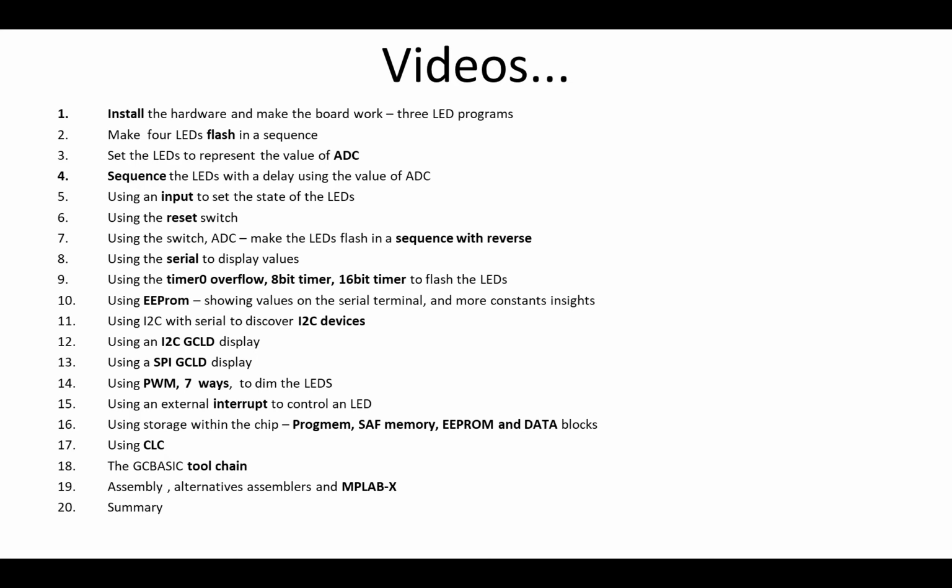We then used serial. At number 9, we did timers, overflows, 8-bit, 16-bit. We used EEPROM. Then we moved on to some of the interface protocols like I2C. Then we showed a graphical LCD for I2C and SPI. Then we used pulse width modulation, 7 ways to dim these LEDs as a way of showing you all the varieties that you've got. Using interrupts, then using storage like the program memory, the SAF memory, the EEPROM, and large data blocks. Then we used CLC to have essentially